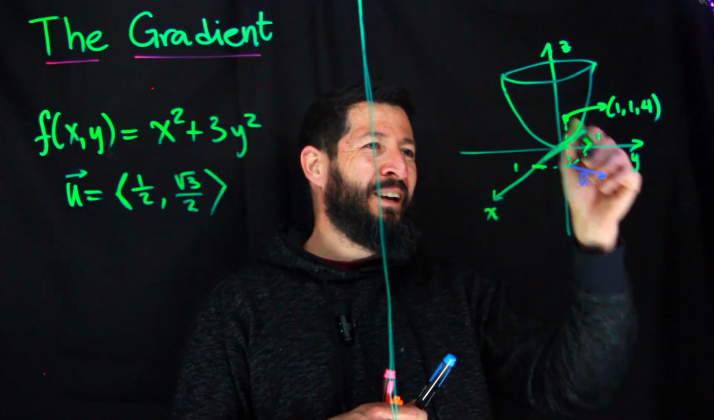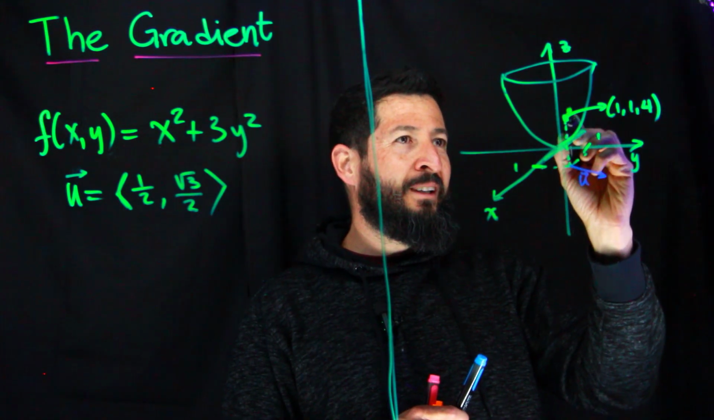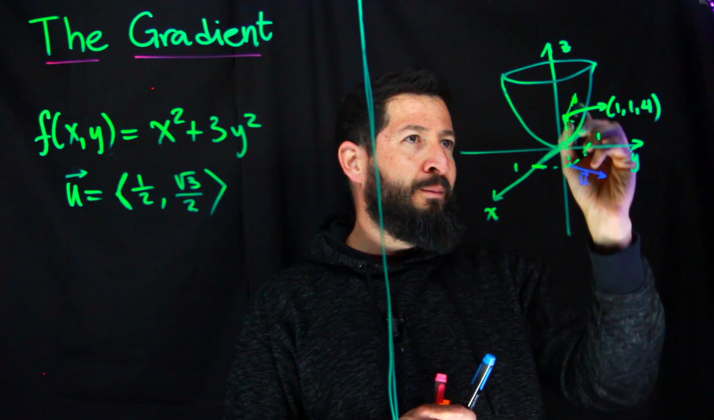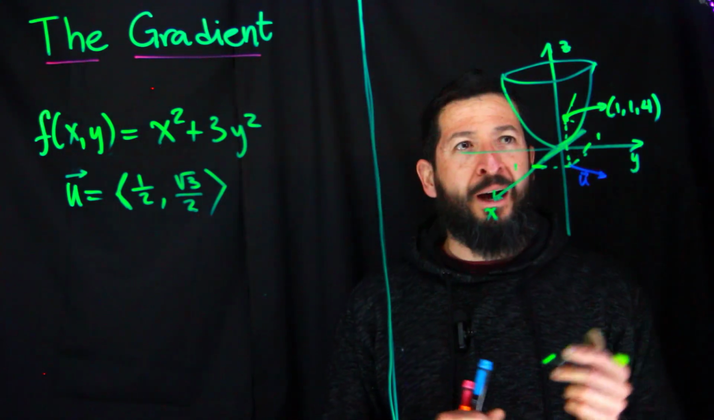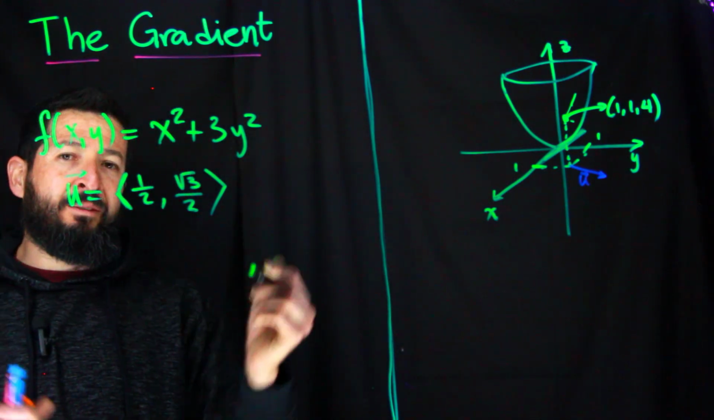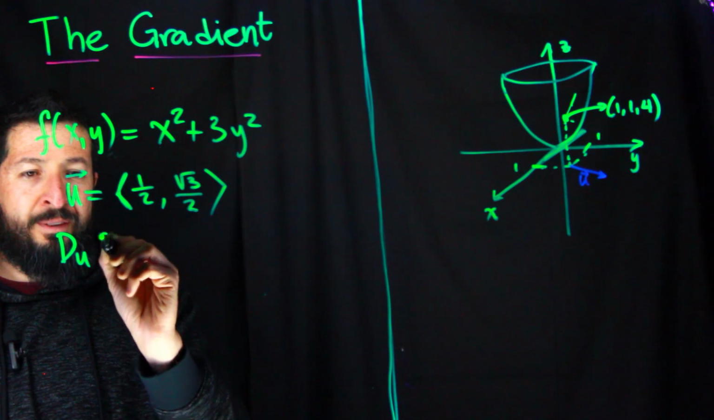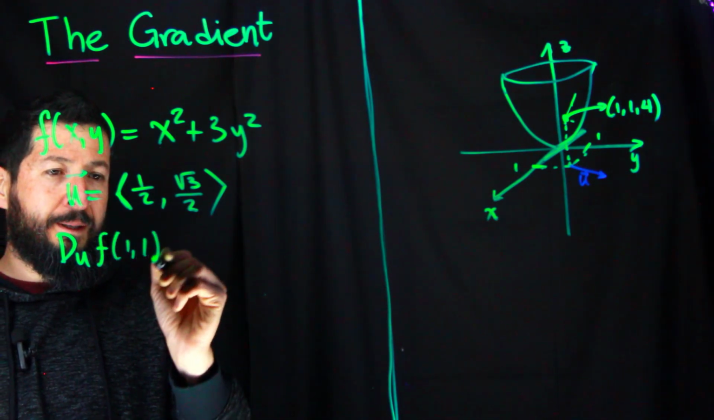So I want to find out what happens when I travel in this direction. My intuition is that this is going to be going up by a certain amount. So let's go ahead and see what it is. Now that we have the formula, we can compute the directional derivative of f at (1, 1) in the